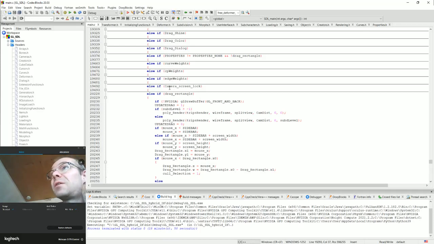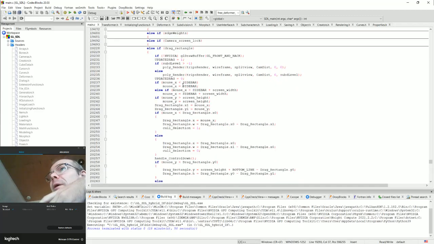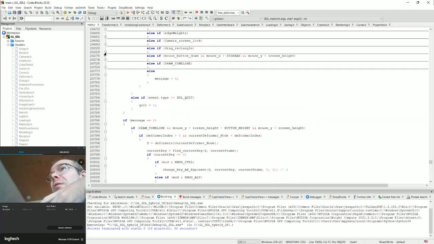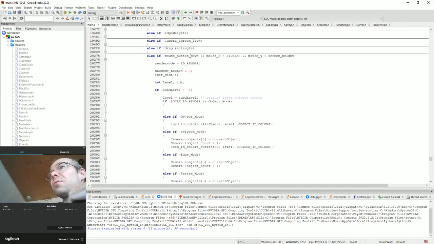Here we see other events that are handled in connection with mouse motion. Also drag rectangle, I collapse it. And after the drag rectangle, I have this block of mouse button down, meaning mouse button was clicked, it's not pressed. I don't know what this one means here, but anyway,